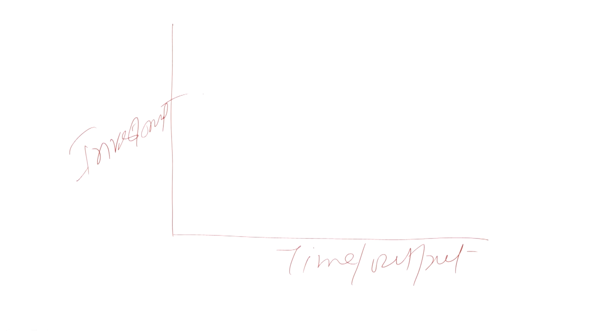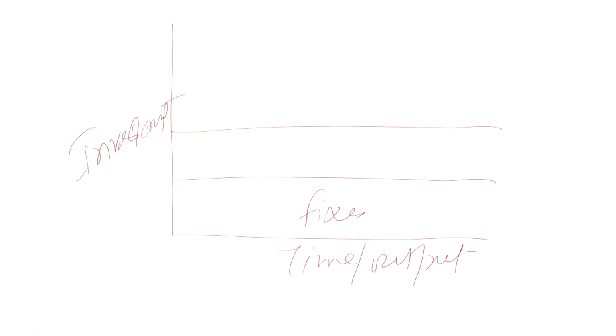This is the investment, time, and output; on the y axis we have the investment. In this case we have the level of assets which you call fixed assets, and then the next level of assets. The first level is the fixed assets or long term assets. This next level is called the PCA, the permanent current assets, and after this we have the level of assets which keeps on increasing, called the fluctuating current assets,